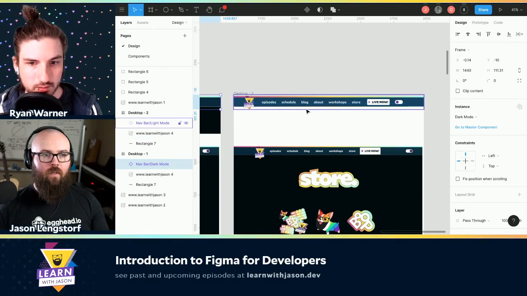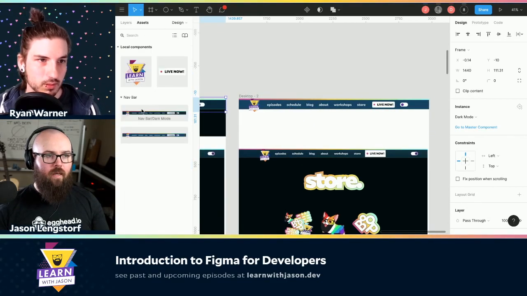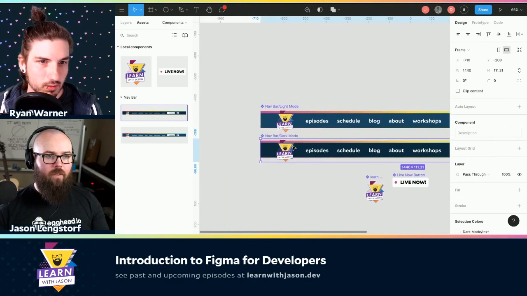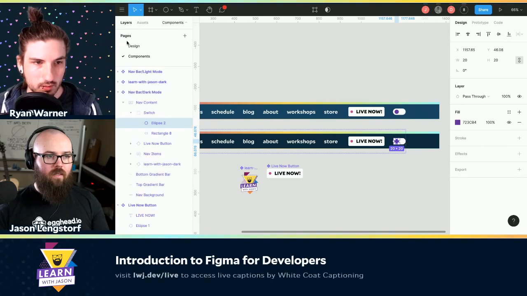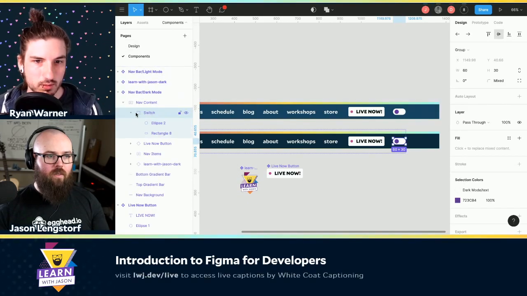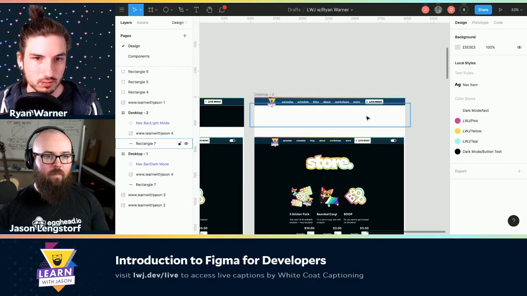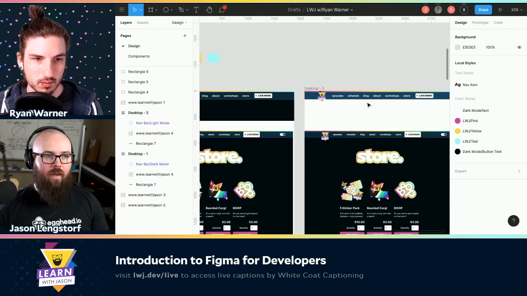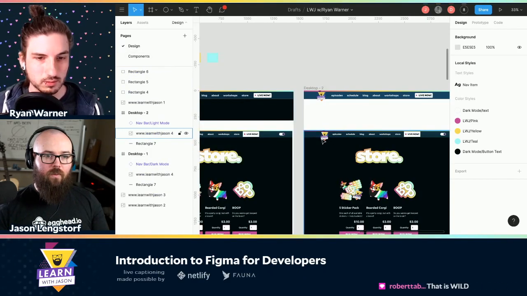Okay, so let's say I want to do that. I'm going to go to my asset, go to dark mode, and say that in our dark mode, we don't actually want this switch. So I'm going to pull that out entirely. It updated the light mode, and that also means that it's updated both the dark and the light mode. Exactly. That is very cool stuff.